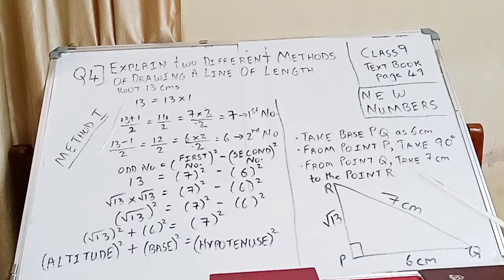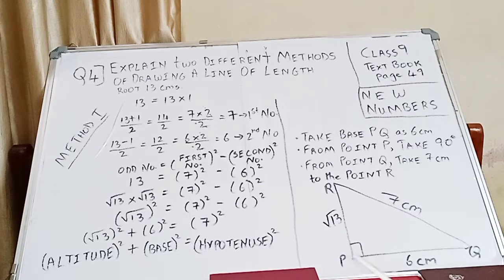Now we need to draw this diagram so that we can get full marks. This is the working part which you need to write down in the exam. So we will draw this. Let's take PQ as the base. We have got 6 centimeter, so we have to draw this with the scale, 6 centimeter.